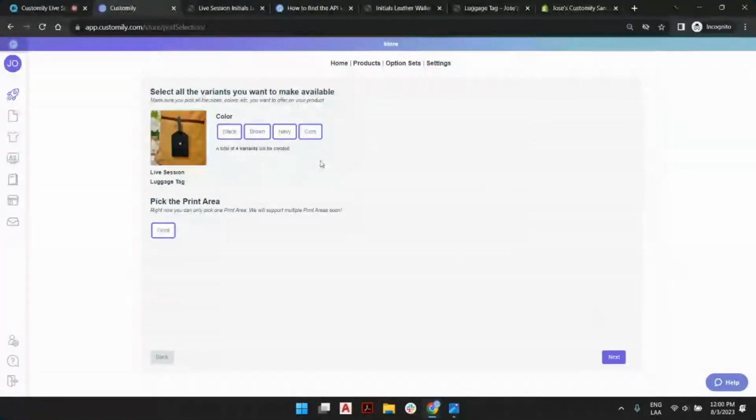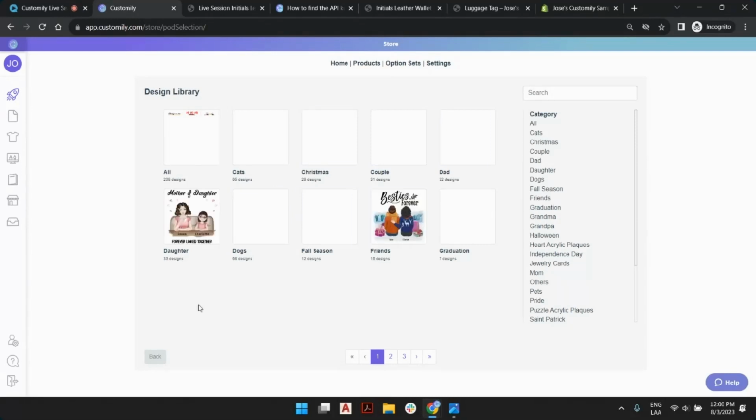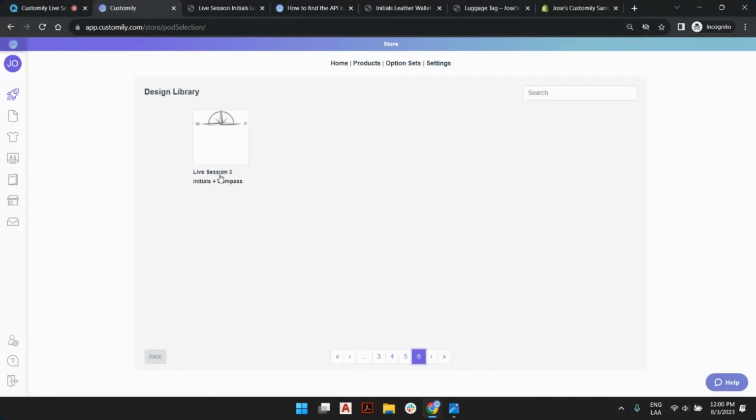That's great because later you can manage stock easily with that or even charge different prices. Click next. Instead of picking from Customily, which you can, of course, there's no problem there, just click on pick your design and find the one that you cloned, but you changed a couple of details. Again, a new listing is being created. No API connection, of course, but this listing will have the variants you created, will have the print area you set up,